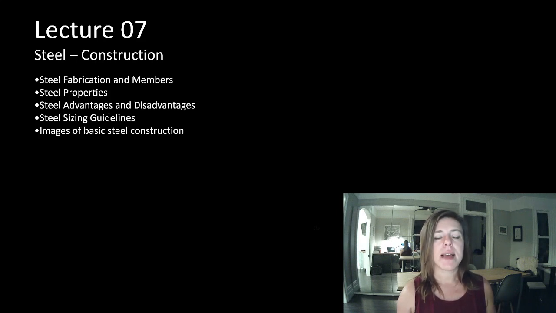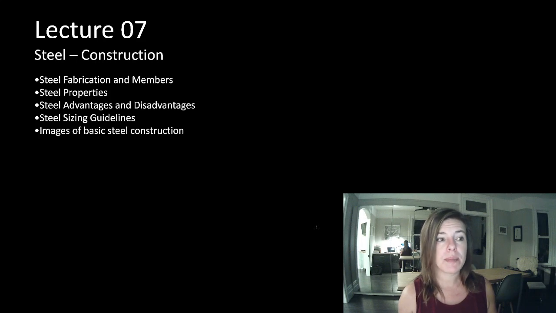steel sizing guidelines. Now, guidelines, or some people might call them rules of thumb, are what you would do in very preliminary designs. So this is not engineering. This is simply what people have done again and again, and they know it's pretty darn close to right when things are kind of boring and normal. So this isn't pushing the envelope kind of stuff, but it is what you would put on a preliminary set